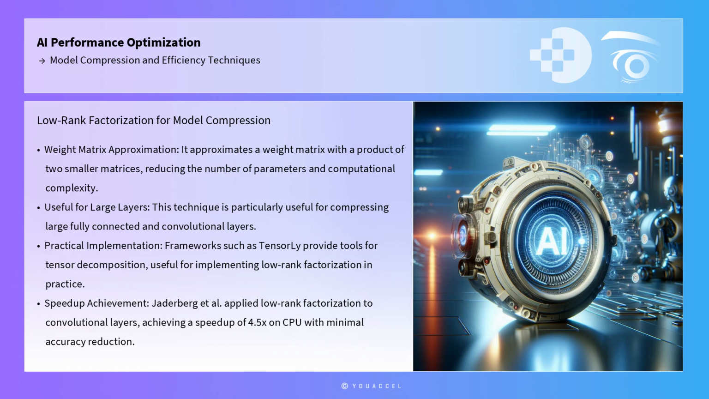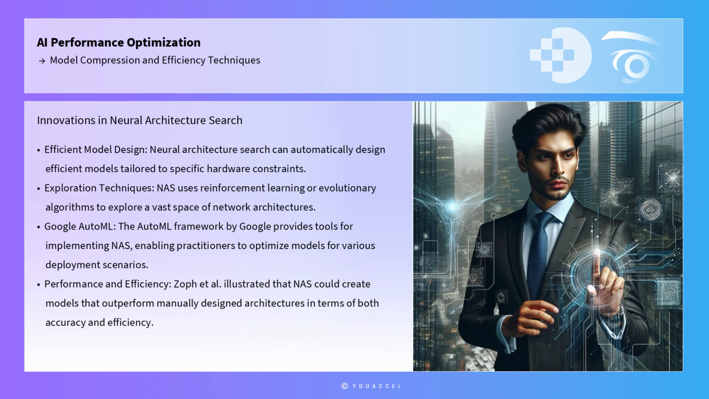reduction in accuracy. In addition to these techniques, neural architecture search can be employed to automatically design efficient models tailored to specific hardware constraints. NAS uses reinforcement learning or evolutionary algorithms to explore a vast space of network architectures, identifying those that offer the best trade-offs between performance and efficiency. The AutoML framework by Google provides tools for implementing NAS, enabling practitioners to optimize models for various deployment scenarios. Zoph et al. illustrated that NAS could create models that outperform manually designed architectures in terms of both accuracy and